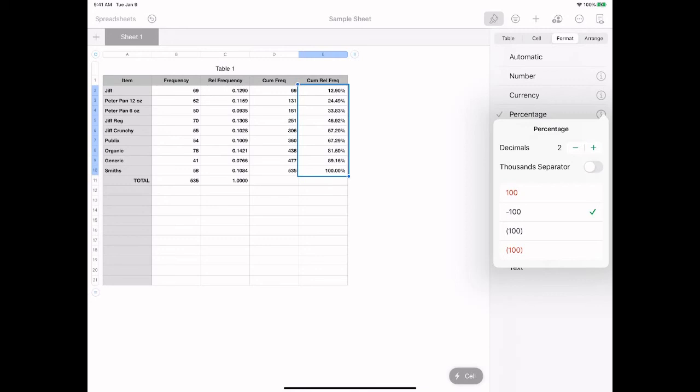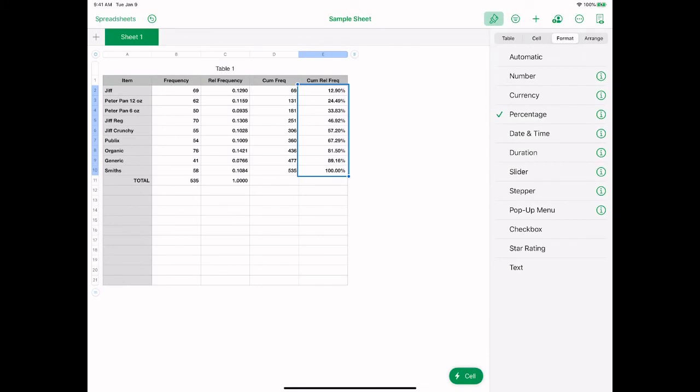Well, I might want to be consistent. Probably I do. I showed the relative frequency as a number. Maybe I want to actually show it as a number. So now I'm going to tap on the number